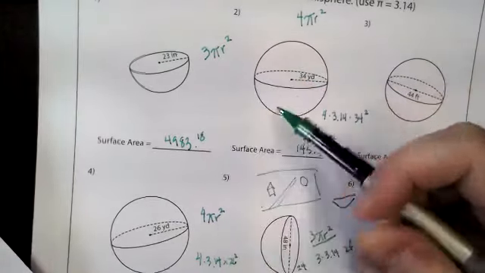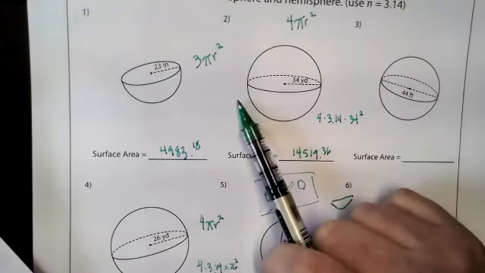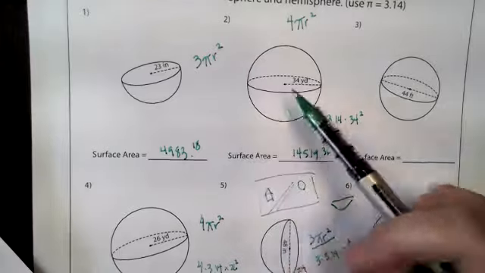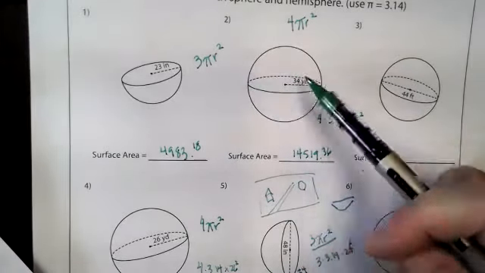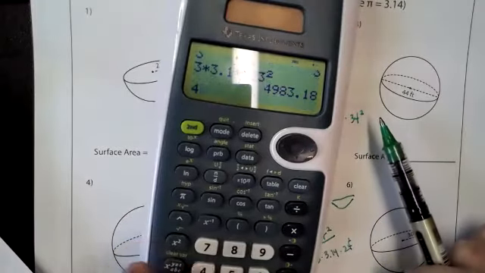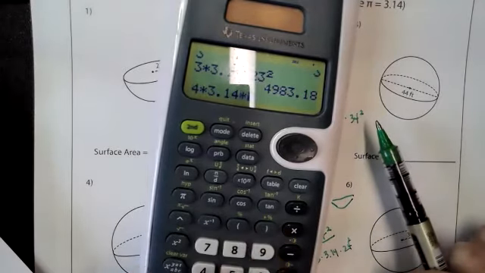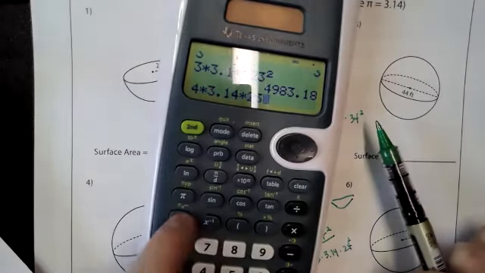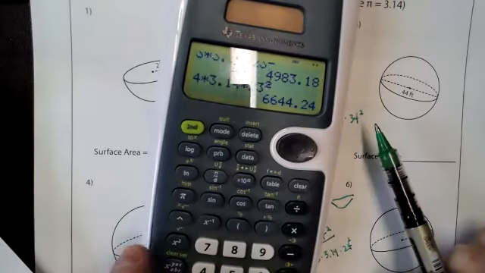4983.18. I'm going to try this one as if we were going to cut it in half so you can see the difference. So let's use the normal sphere formula. That's 4 times pi, 3.14, times 23 squared. So if this one happened to be a full sphere, it'd be